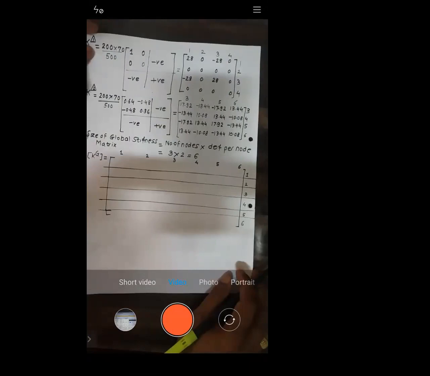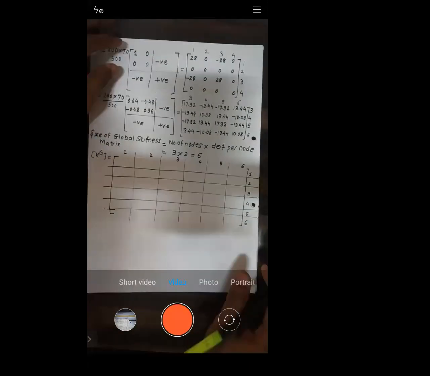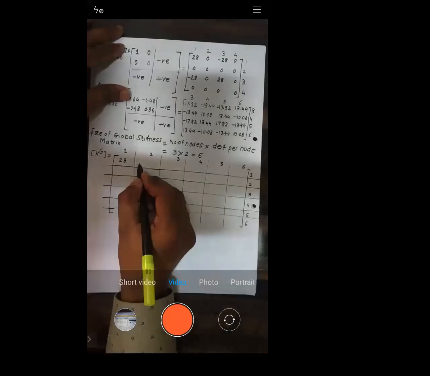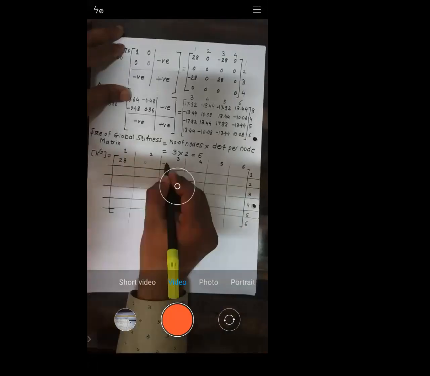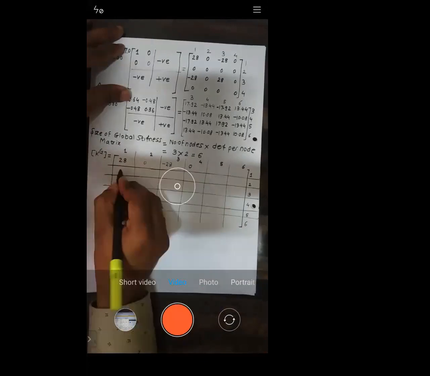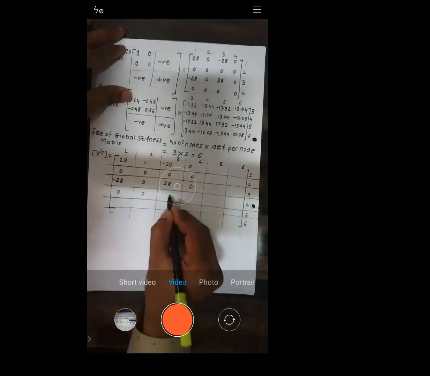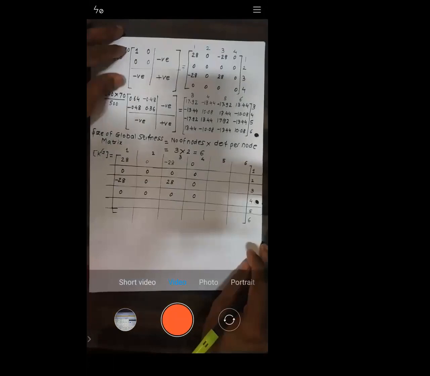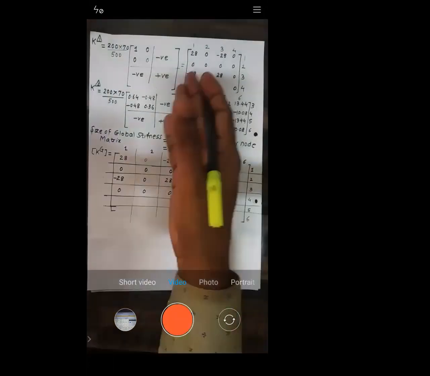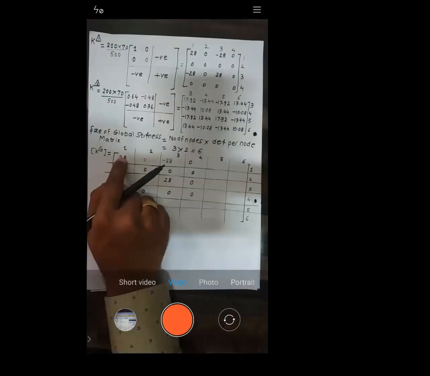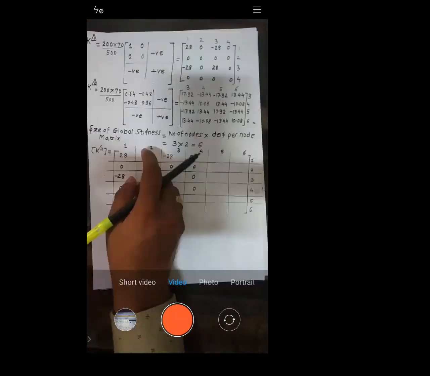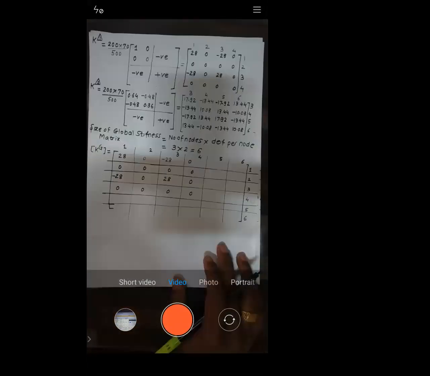It's just like a pick and place. I'll just pick it and place it. Okay. So it is going to look like this: 28, 0, minus 28, 0, then 0, 0, 0, 0, then minus 28, 0, 28, 0, 0, 0, 0, 0. Is it okay? Yes or no? See, it's a straightforward matrix: 1, 2, 3, 4, 1, 2, 3, 4. So just get the starting point. That is 1, 1. So when you put the element at 1, 1 as 28, just write down as it is, in the manner in which it is in the element stiffness matrix.